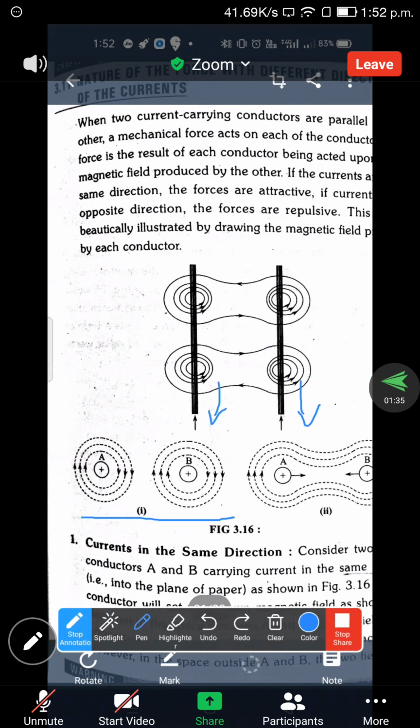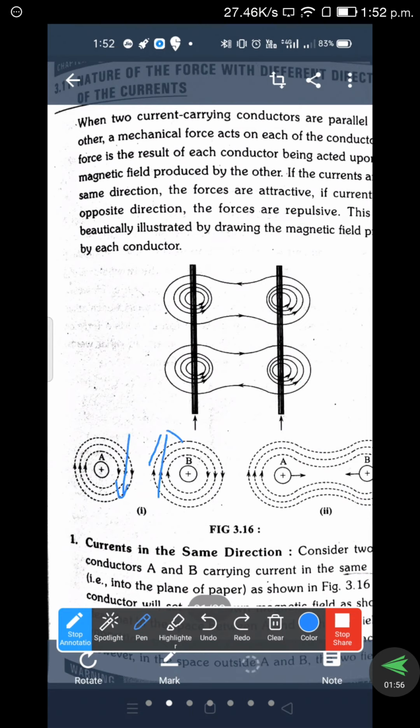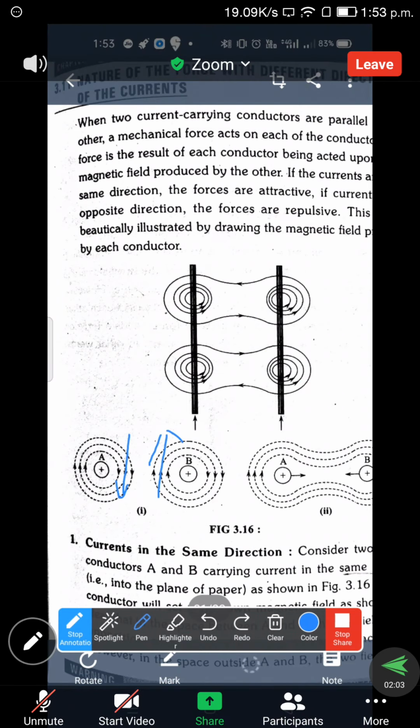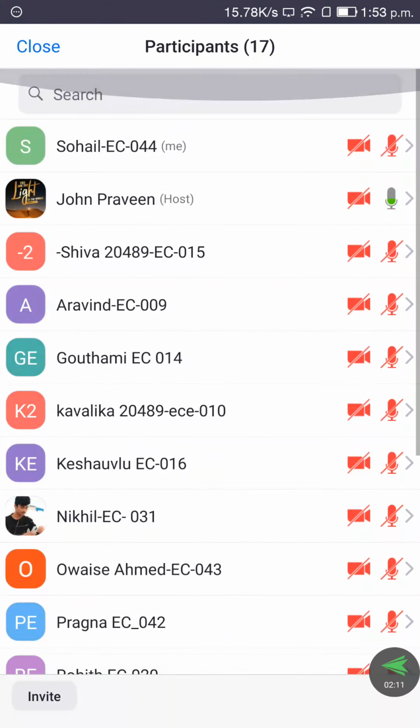So you can observe here the direction is downward. Here the direction of the force will be in the upward direction, meaning the two directions will be different. One is downward and one is in the opposite direction. We already discussed previously that whenever different poles are there, an attraction force will exist. Whenever the same poles are there, a repulsion force will exist. So that concept will be applied here.